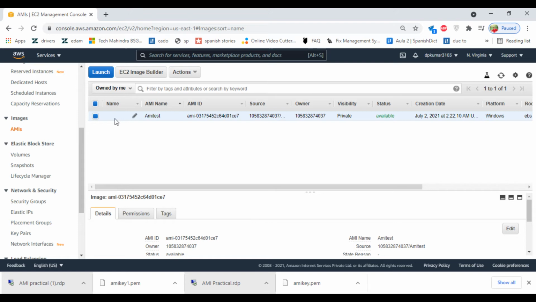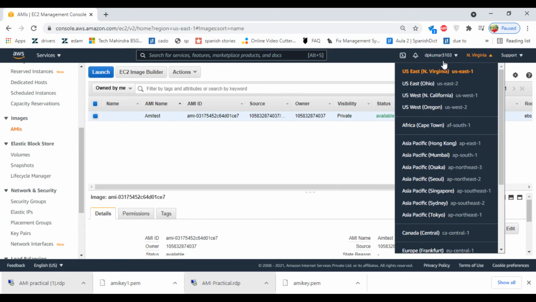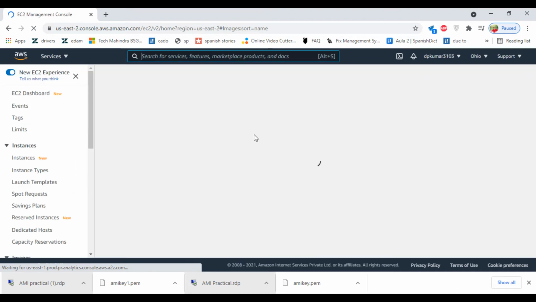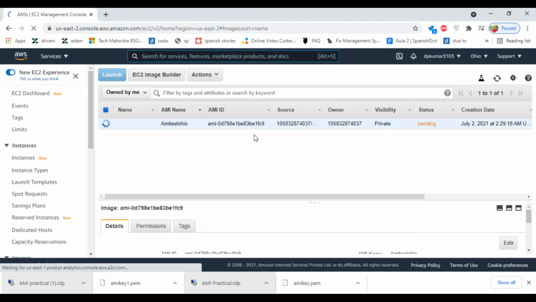Okay, so do you see one more image here? No, right? We have to click on the region, select US East Ohio, you can find it here, it is in pending state.